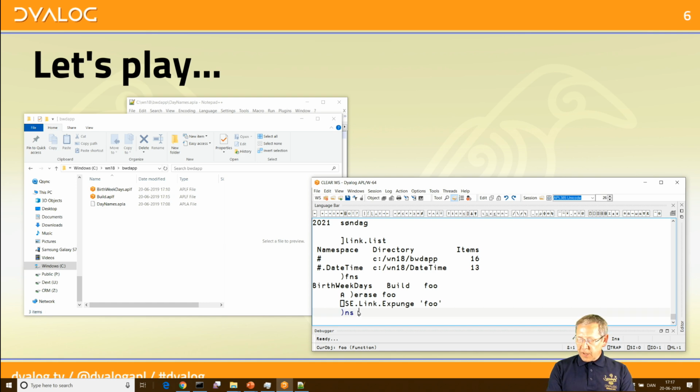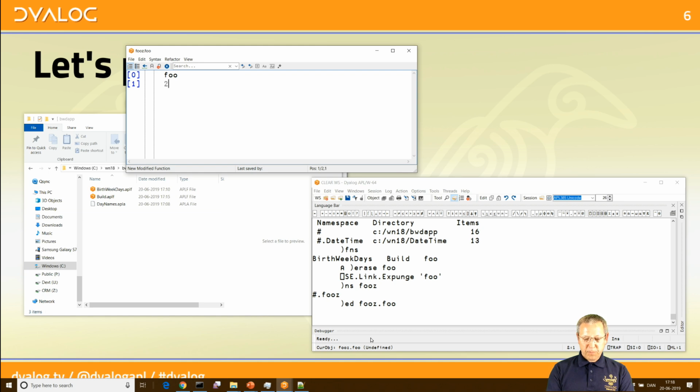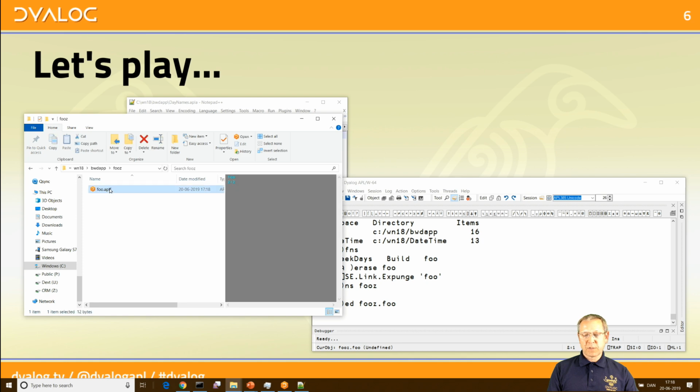So again, same way, if we make a namespace called foos, you notice no folder appeared on the left here because that system command creating a namespace doesn't have any hooks into the system. But if we create a function foo inside foos, then the instant we come out of the editor, the callback kicks in and the system notices that it needs to create now a namespace called foos, and inside there the